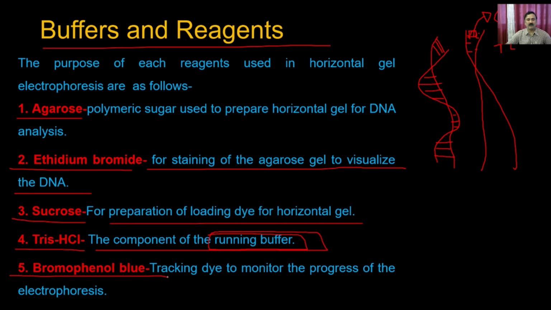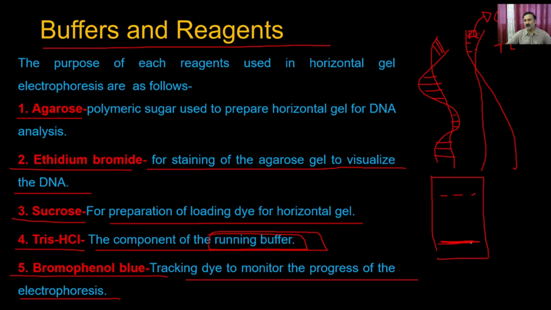And then you require the bromophenol blue, which is going to be used to monitor the progress of the electrophoresis. Which means when you are loading the DNA in the wells, it is going to tell you how far you have done the electrophoresis, because that is very important to know, otherwise how are you going to stop the electrophoresis. So this dye is going to run in the front, so that it will tell you that okay, 75% is done or 100% is done, and once it reaches the end of the gel, the electrophoresis is going to be over. So at that time you can stop the power supply.